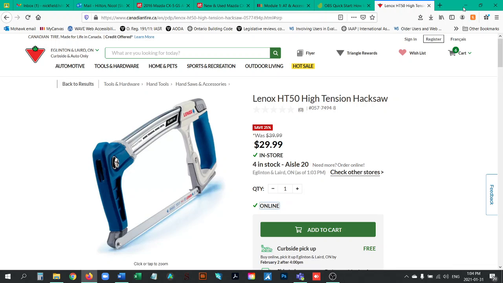The visual keyboard focus is really light blue, and it doesn't show up very easily when you've selected the add to cart button. But if I press that, nothing happens. So I press enter and nothing happens, even though I know I'm on the add to cart button. I'll throw in a spacebar. Spacebar also doesn't do anything. I know for sure, yeah, I am on the add to cart. I can't seem to add it to my cart by pressing enter or the space button. So that's unfortunate.